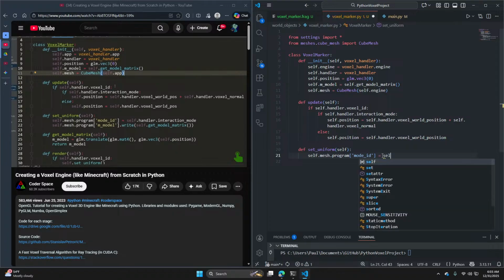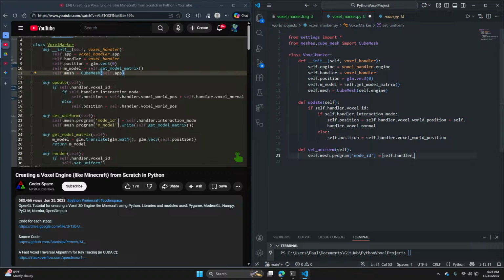So we're piping the self handler interaction mode, and then we're gonna do self mesh program and the model matrix, right?